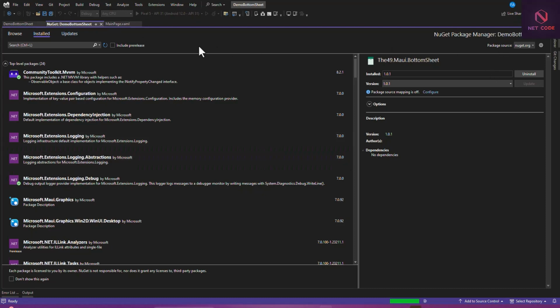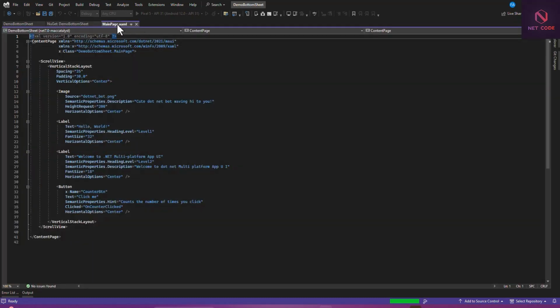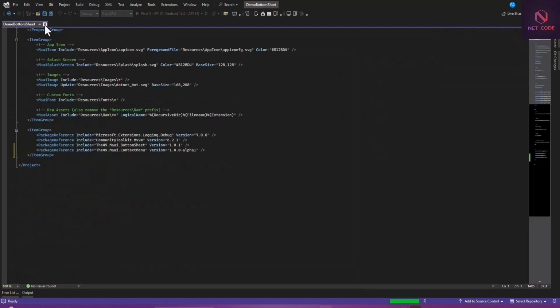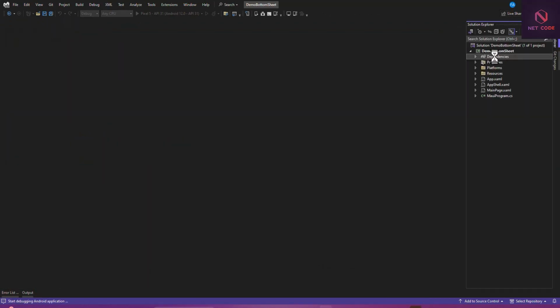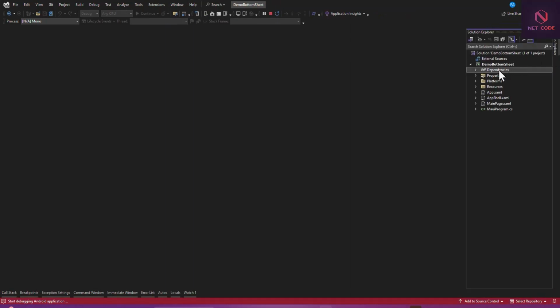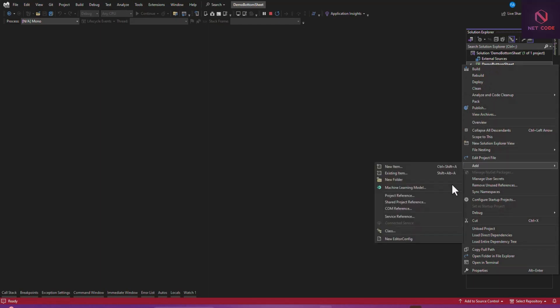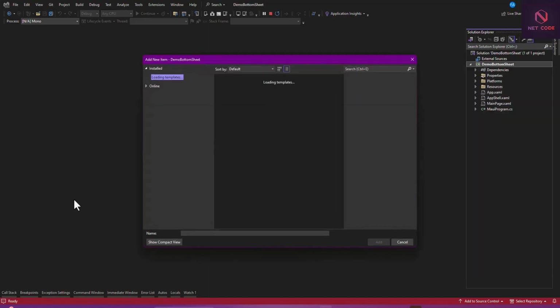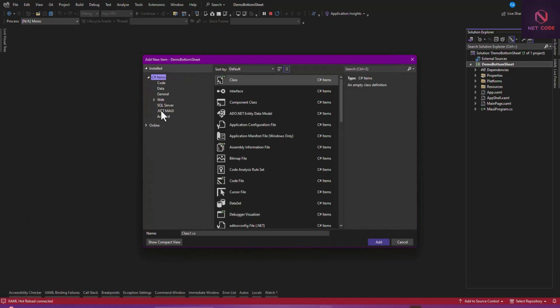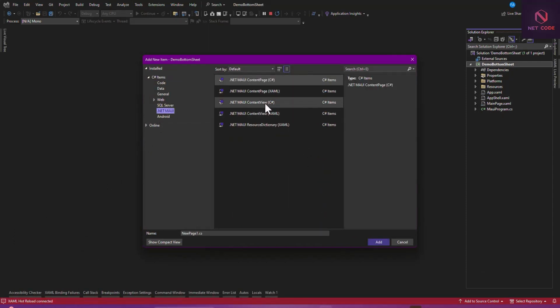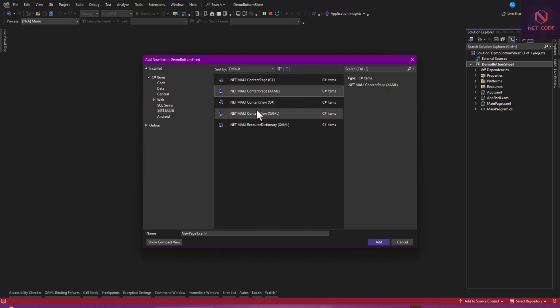Let's close this, and we're going to create a new page, and we're going to use that for the display. So in Solution Explorer, I'm going to right click, and let's add a content page. So add new item. So we go for .NET, and I will choose content page here. You know, this sounds like a control that you're going to be using all the time. So I'm not sure it's a content page, rather it is a content view. So let's use content view, and now we can name this as